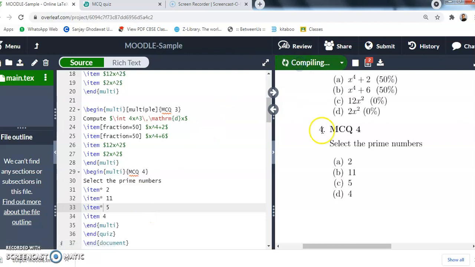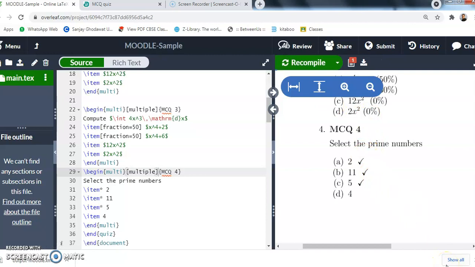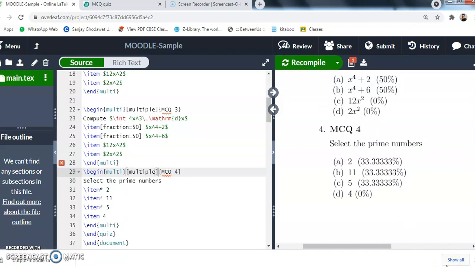Once I compile again, the PDF will show how the grading is given, but in this case it shows only the tick mark, because I forgot to mention in the optional part that multiple answers are correct. That's why in the optional part I have to mention multiple. So again I will compile. Now instead of the tick mark, you will see the graded system, how the 100% will be divided. So 3 answers are correct, that's why the 100% will be divided into 3: 33.33, 33.33, 33.33.